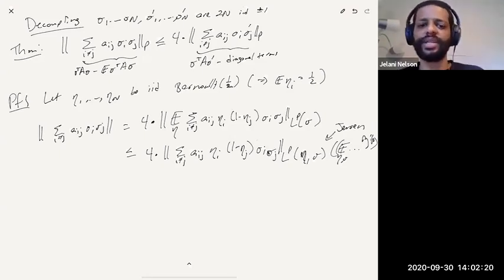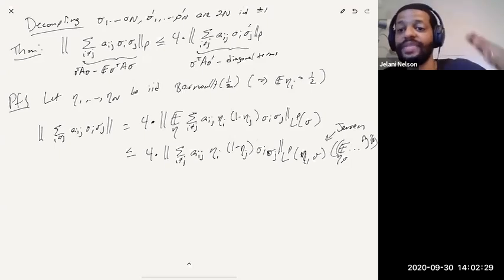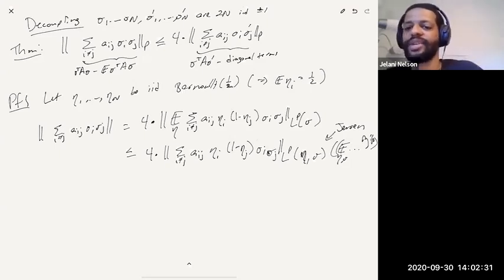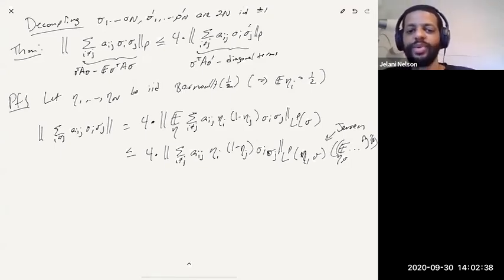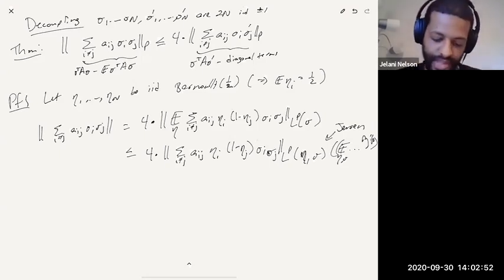And now what we're going to say is, look, what is an expectation? An expectation is just an average, right? So there must be a fixed choice of the eta. Eta is a random 0, 1 vector, but it is a 0, 1 vector. So look, this is the average. I'm saying that there must exist a fixed vector that achieves a value that's at most the average. There's always someone who's at most the average. So this is at most now